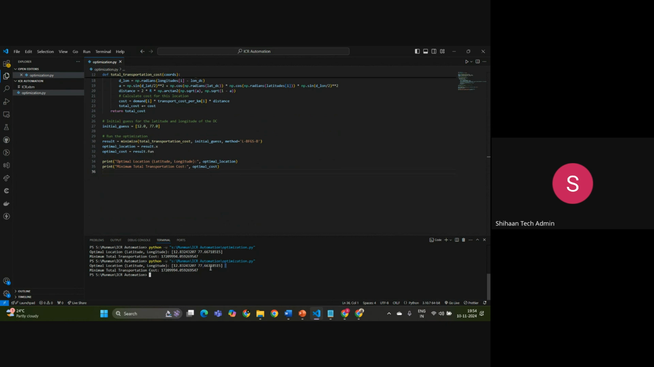Okay. So basically, you are checking how you can minimize your transportation cost so that you can set up your distribution center over there. So this is the X coordinate and Y coordinate which has come from the model where your transportation cost is the minimum. Okay. So this is how you can build the digital twins